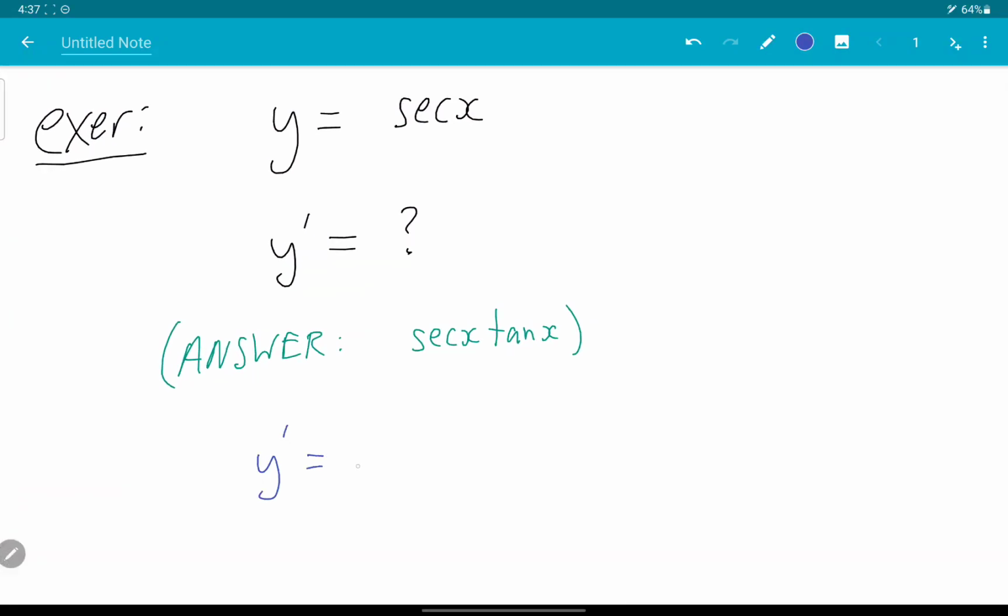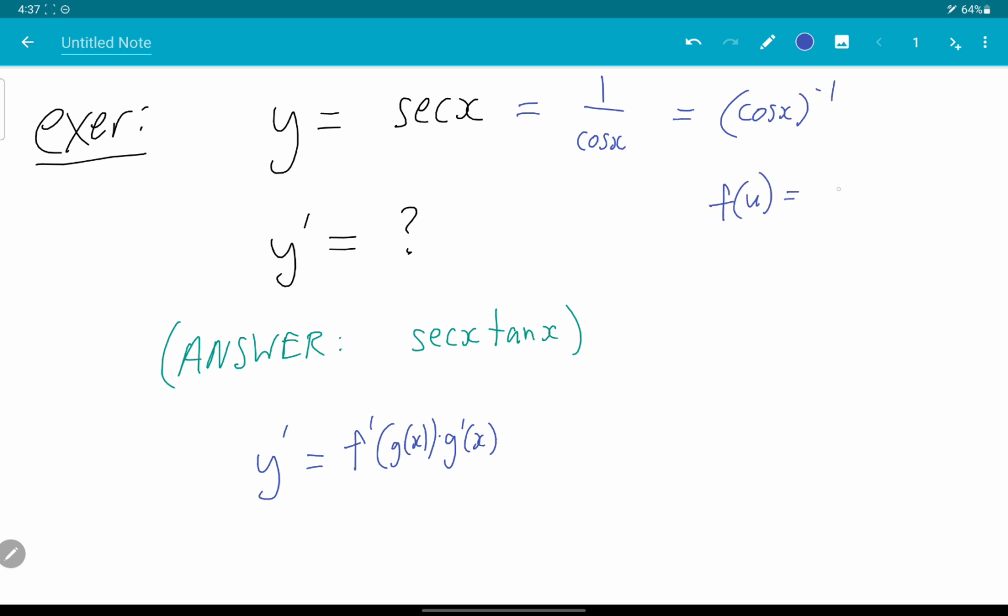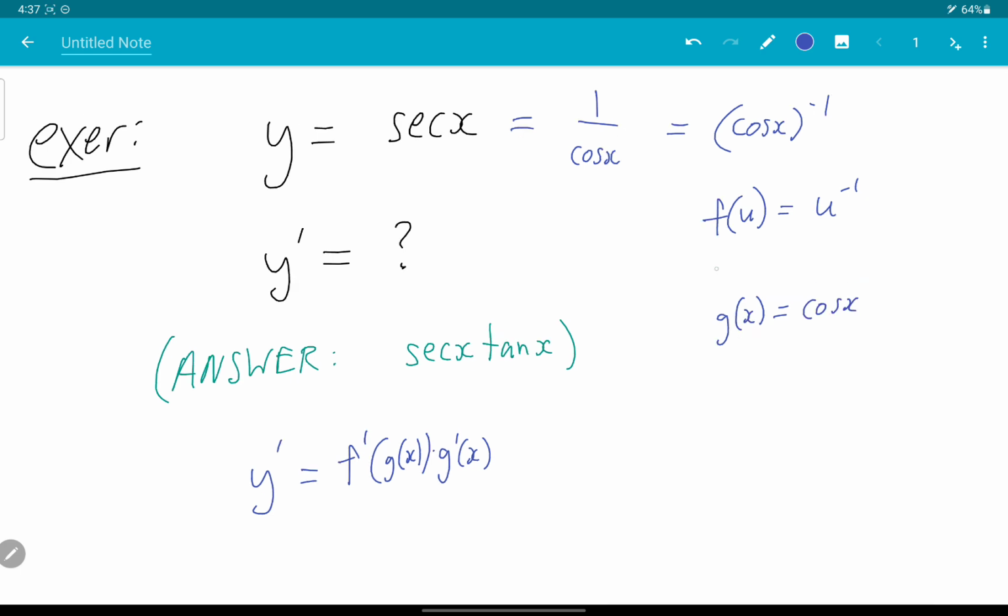So y prime will be f prime with g plugged in times g prime of x. So my secant is 1 over cosine, which will be cos x to the minus 1. So again, my exterior function is f of u is u to the minus 1. G of x, the inside function, is cosine. F prime of u, same as before. G prime of x is